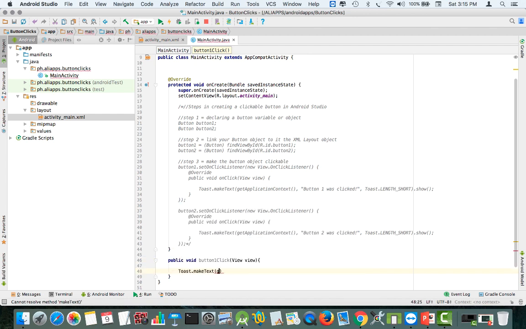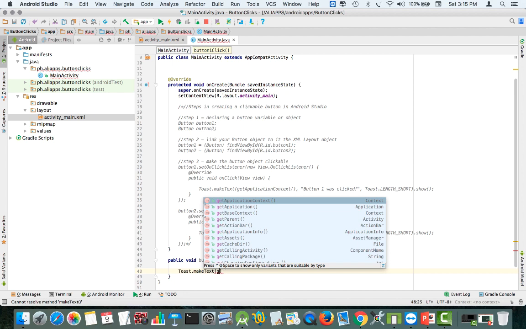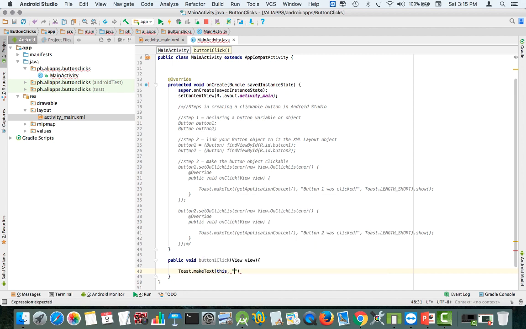Toast that, I think we can use this here. Button one was clicked. Click. So let's make it a little bit different so that you can see that this is the procedure outside of the onCreate. And then you have your toast short